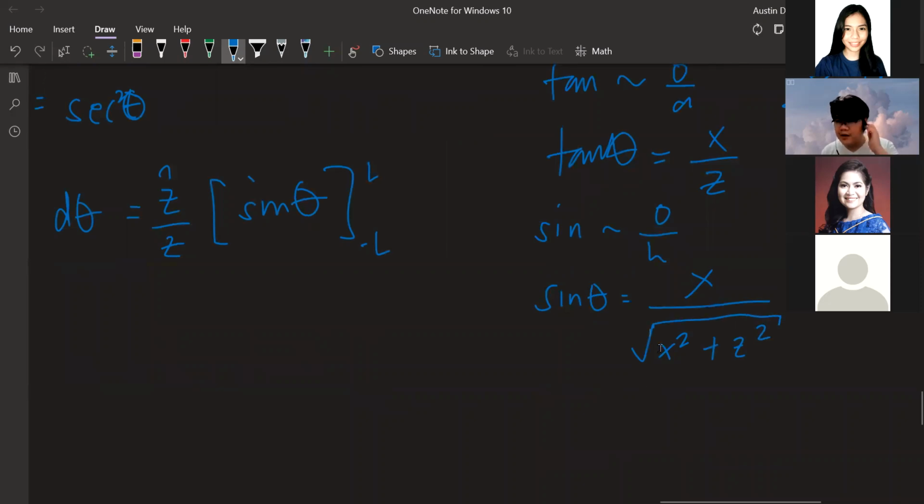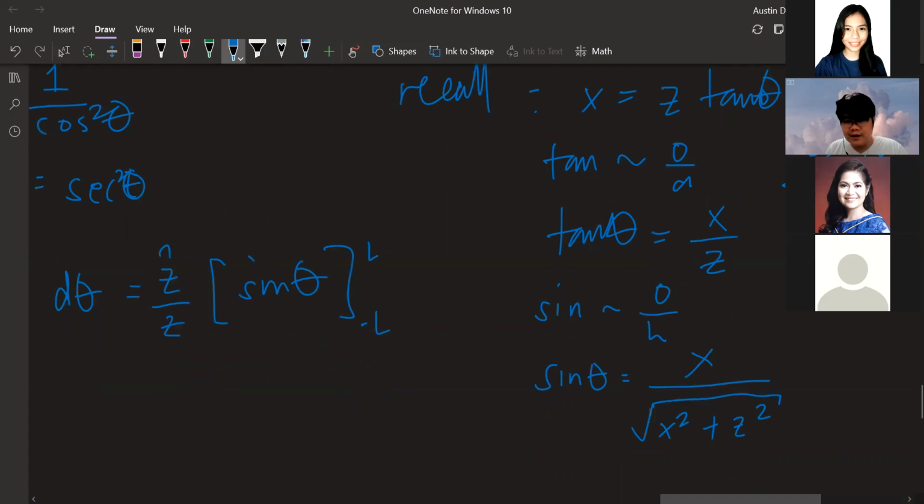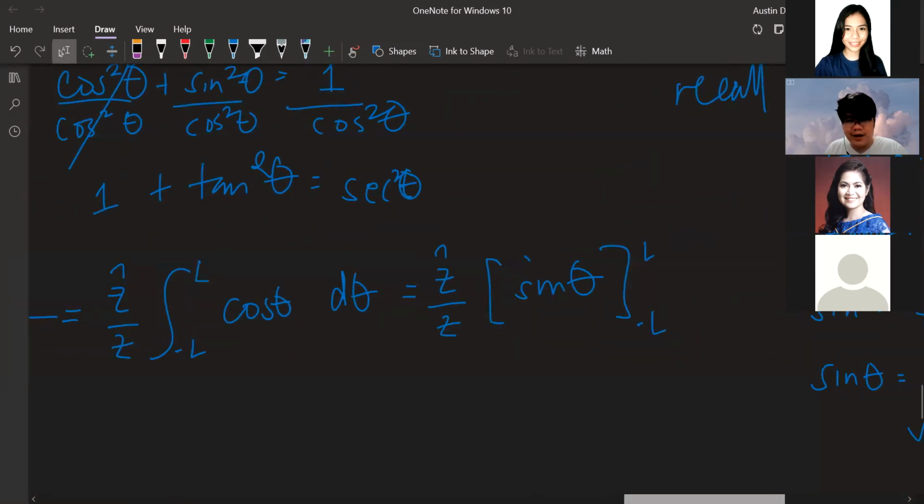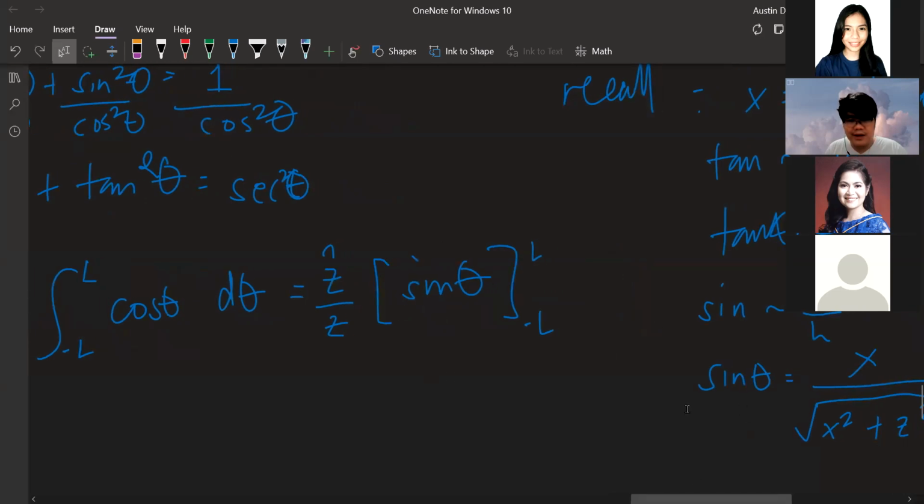Okay? Did you get that? Okay, so we're just going to plug it here. Z hat over z, and then evaluate x over the square root of x squared plus z squared,